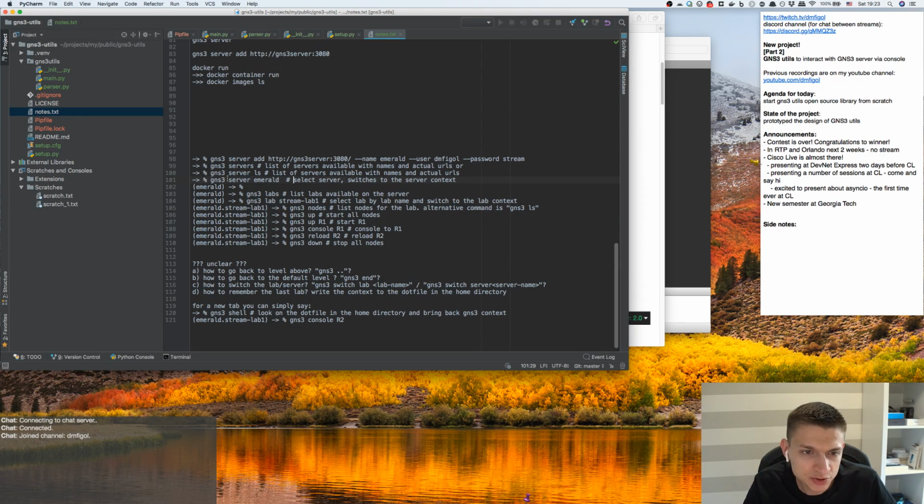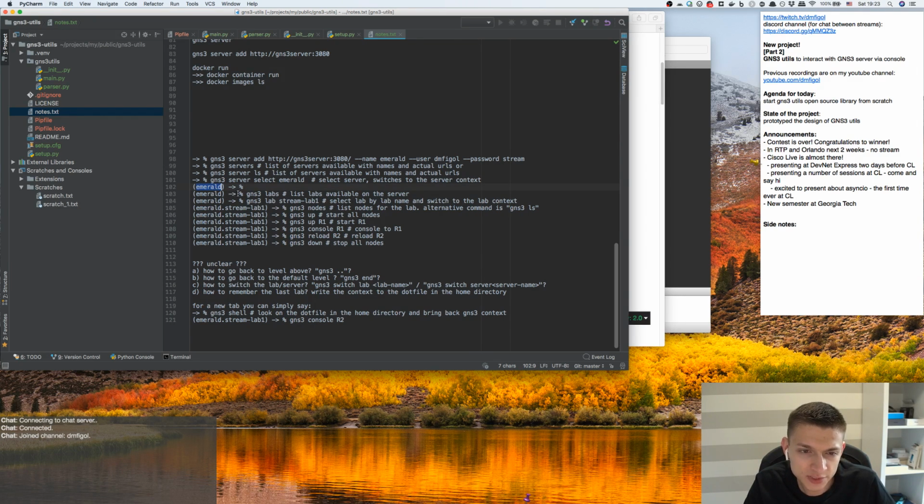And then you say GNS3 server, and I think something like select emerald. You select the server that you specified here, and now your prompt is changed. It's kind of like virtualenv: when you activate your virtual environment in Python, you have your virtual environment appended to the PS1 prompt. So now your prompt is like this, where you see the server,